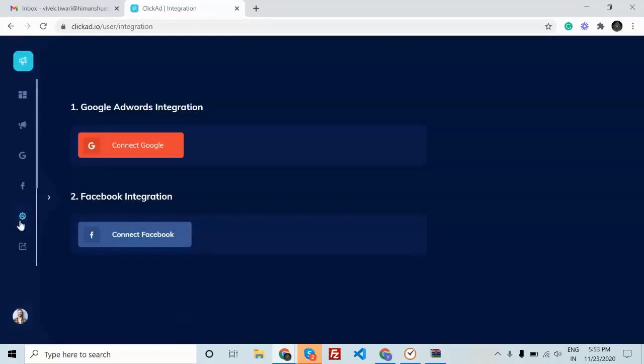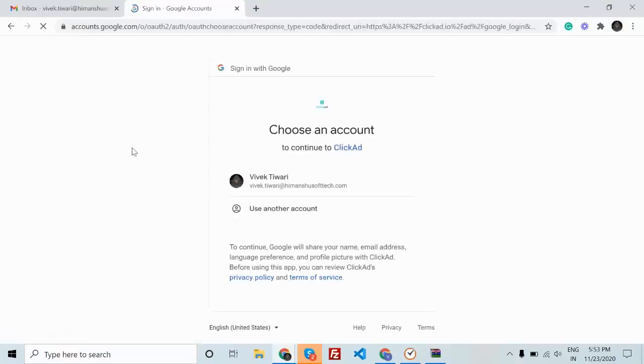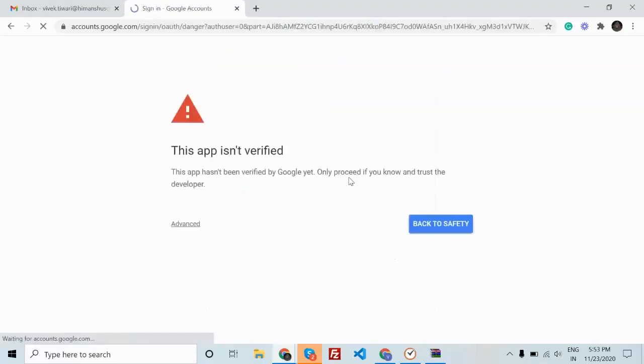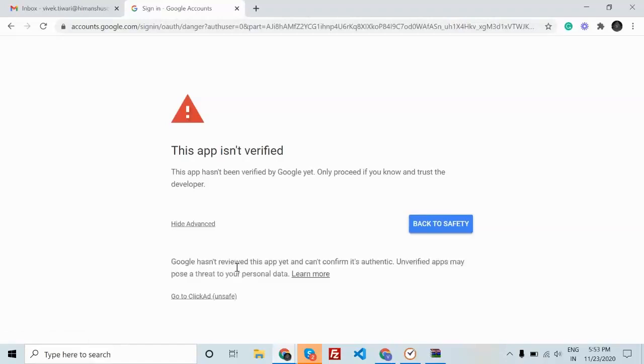To do that, you have to click on the integrations tab and click on connect Google. Once you click on that, it will ask you to choose your email account. The error you can see here is that the authentication process for this application is still under process by Google, but the publish ads are working perfectly.